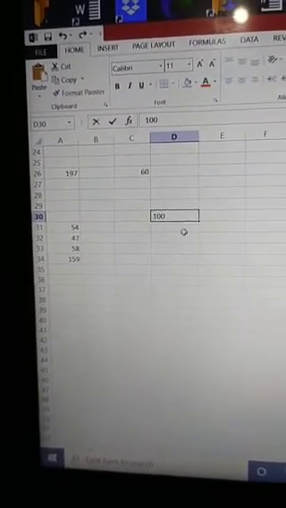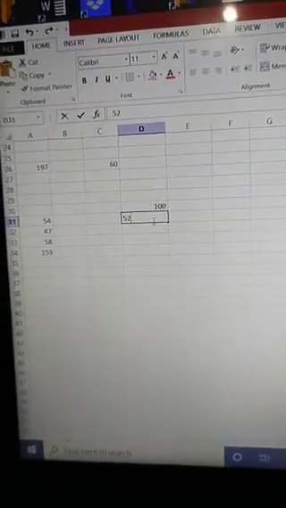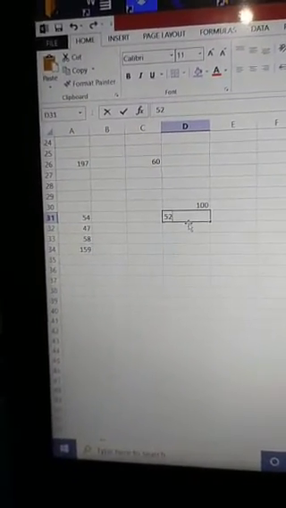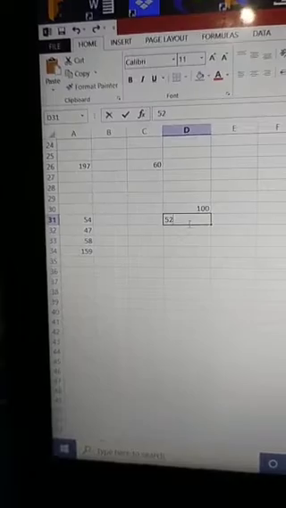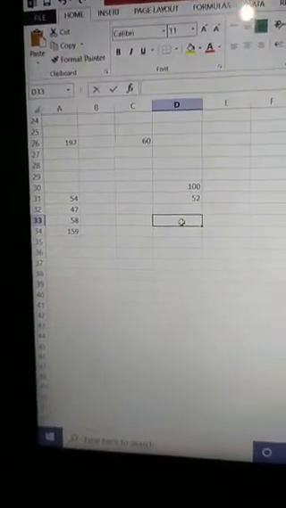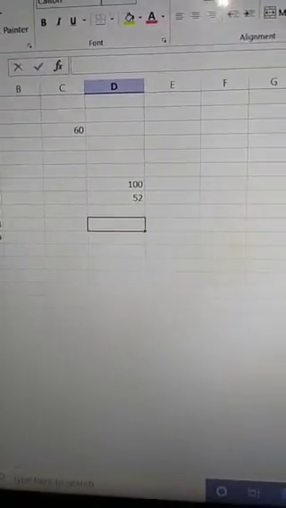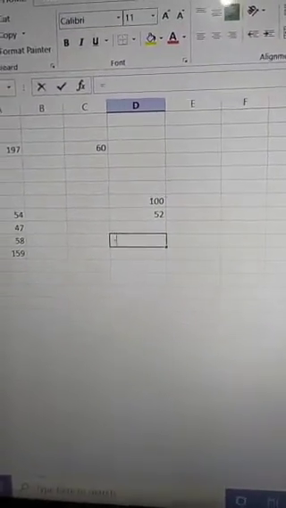Then I want to subtract 52 from 100, which is typed in D31. I want the result in D33, so I have to put the formula here. I put the equal to sign.